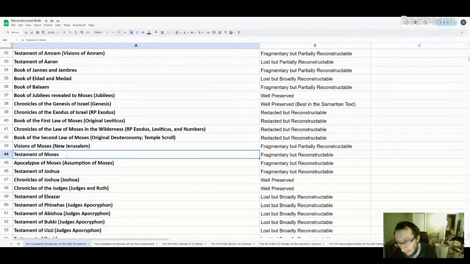So Testament of Moses, we use Josephus' account for how Moses threw the crown down, how he did the war against the Ethiopians. We will use the Midrash to reconstruct the visions he saw at the burning bush. We got that quote from Book of Clement. We will fill that in. And then we also have stuff from the Pentateuch. We have things in Exodus and Numbers. So probably some of that information was in the Testament of Moses.